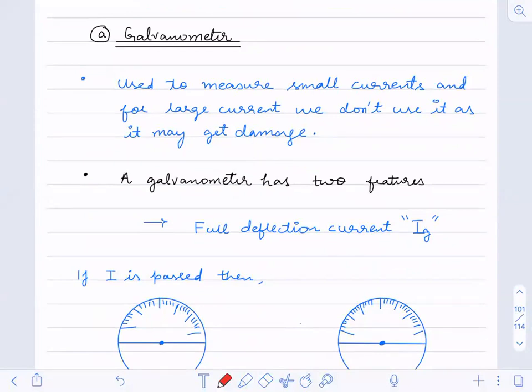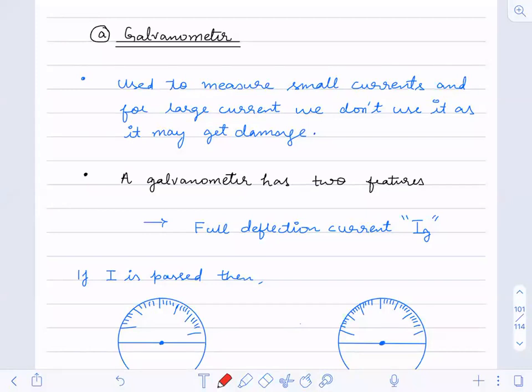Okay, so galvanometer, I guess few people would have already gone through it. In the magnetism chapter in class 10th, you would have studied Oersted's experiment. You'll study it again. There you would have seen the deflection of the galvanometer is in this direction, and in this direction when the current is reversed. All those things you have seen there.